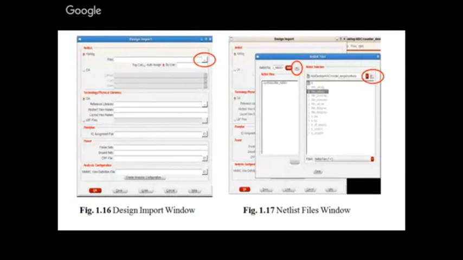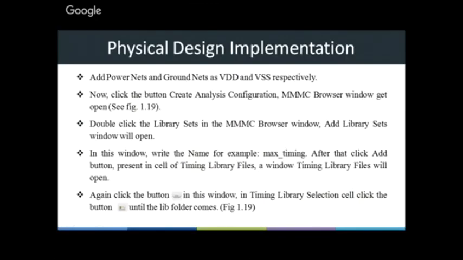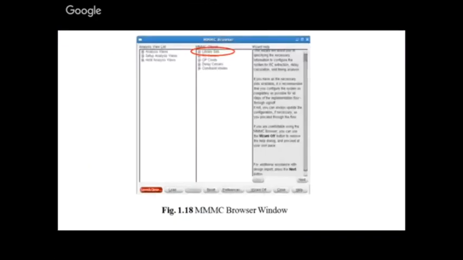In the design import window, again to add the power nets we will give the name VDD, and for the ground net we will give the name VSS. And then we click at this create analysis configuration button. When we click at this create analysis button, the MMC browser window will open, in which we will have